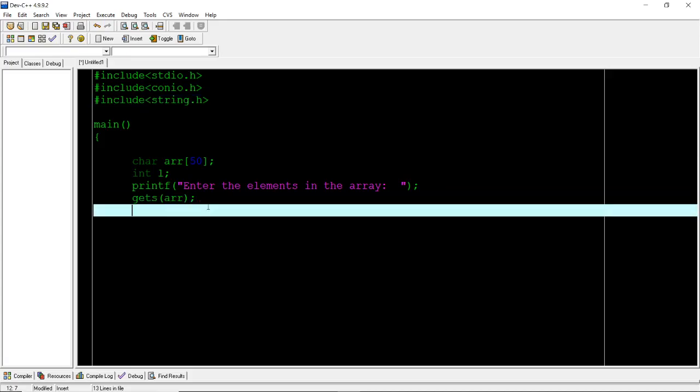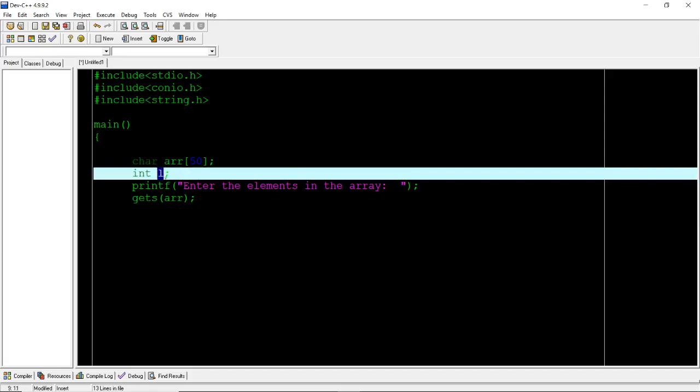After that, see here I have taken L. In L I will keep the length of the string. Why? Because I need to find the palindrome, I have to divide the length by 2. After that I can check. So for that I have to take the length, but here the user has not entered the length.